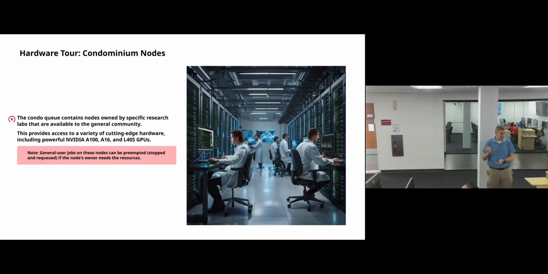The main trick here is that if you submit a job to one of those nodes, and then the condo owner, right, or somebody in their lab submits a job that needs those resources you're currently using, your job will be preempted. It will be killed and restarted on a different condo node, right? However, having said that, these are still really good resources for you to use when those condo node users aren't actually using them. Go ahead.